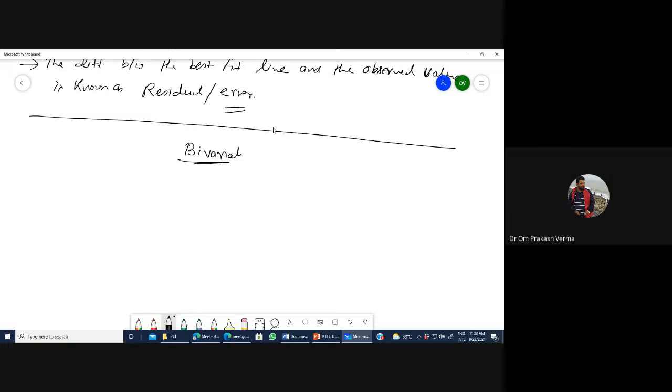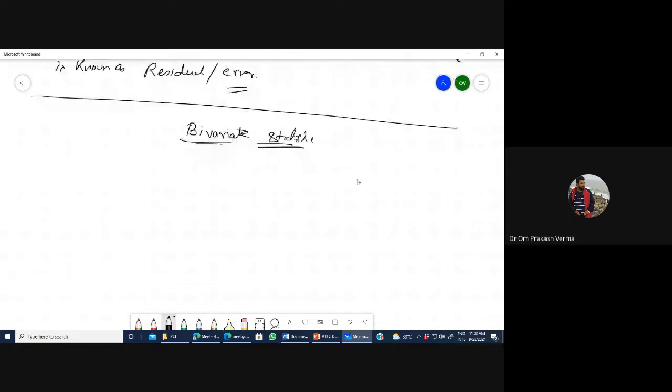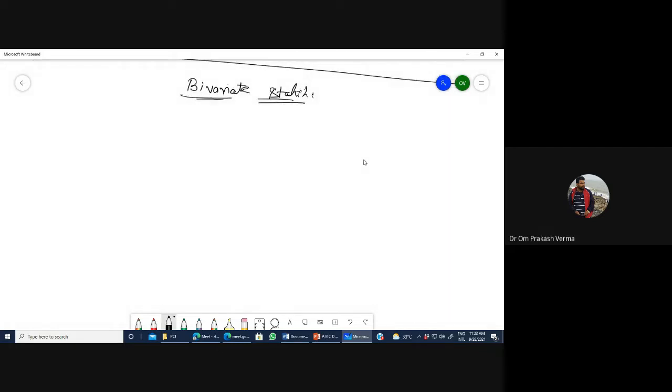Okay, so now we will try to discuss the bivariate statistic, or you can say the model. Just taking the review, and then we will discuss in the next class. The foundation is simply the correlation and the ANOVA.